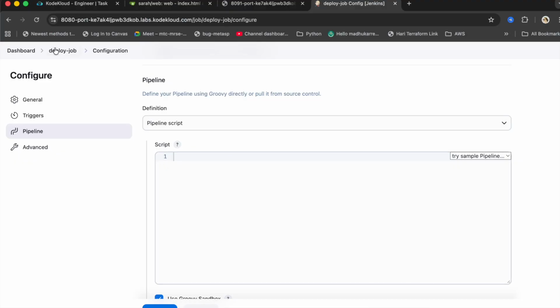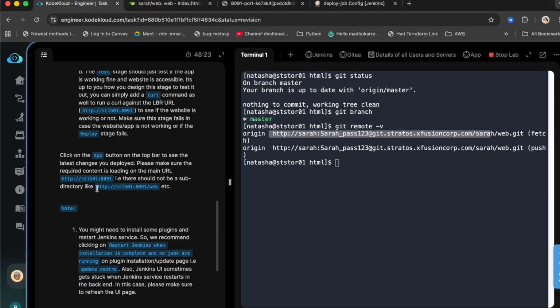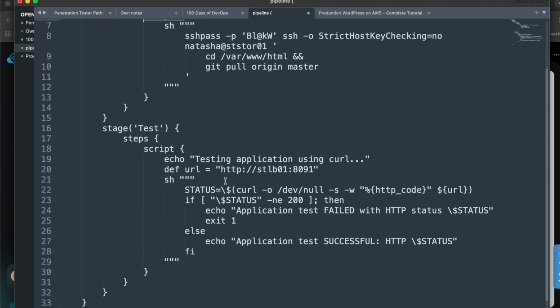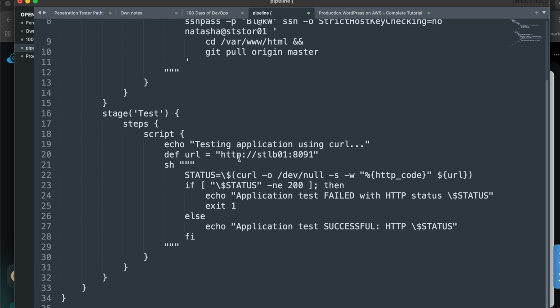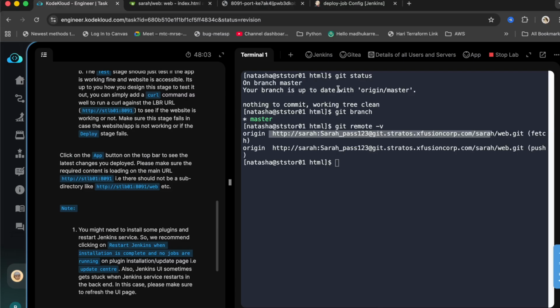If you check the task and scroll down, you can see we need to check this endpoint. What it's going to do is assign this variable to this value, and then we are giving another variable, status, and we are running this curl command. I'll explain what it does. If you just copy this part and run this command,